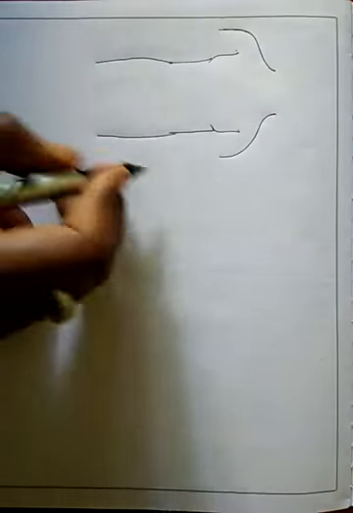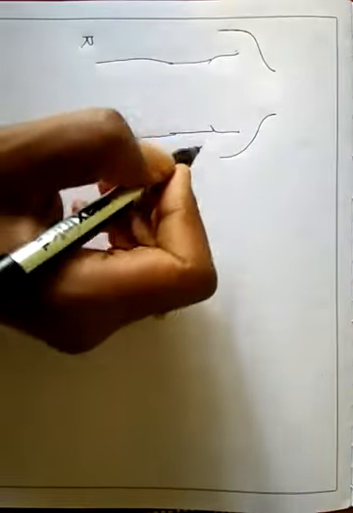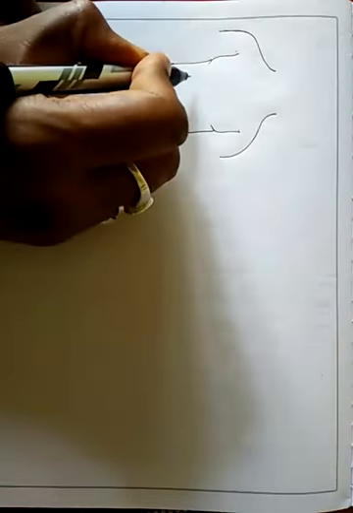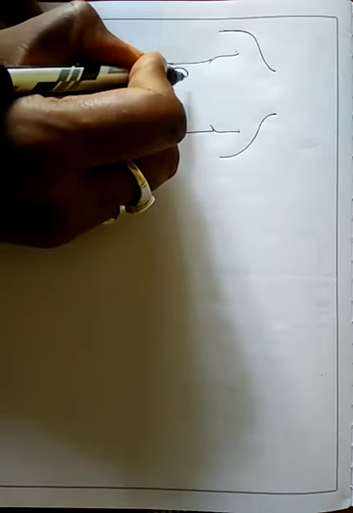So here you can see this is the left part and this is the right part of this human, isn't it? Now the liver is present in our right side. This side liver is present, isn't it? And this side liver is not present. So this side the position of the kidney will be slightly lower due to the presence of a large liver,